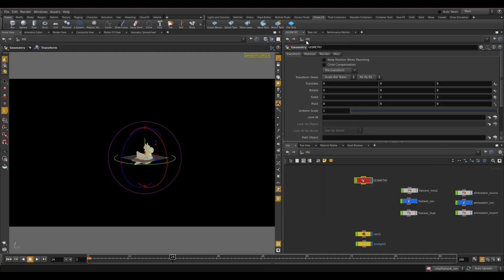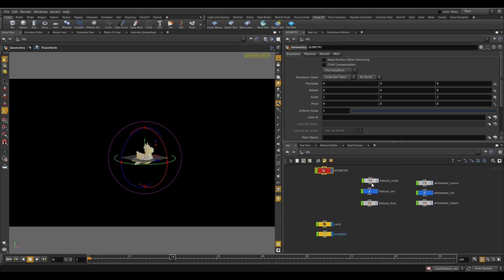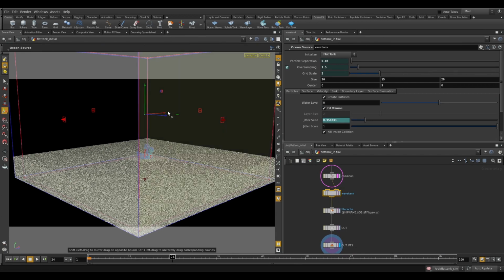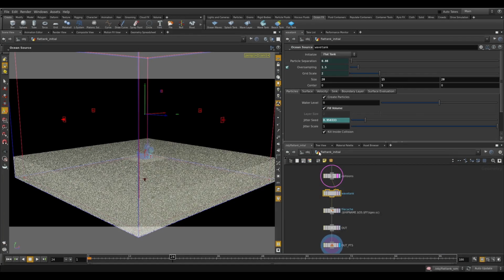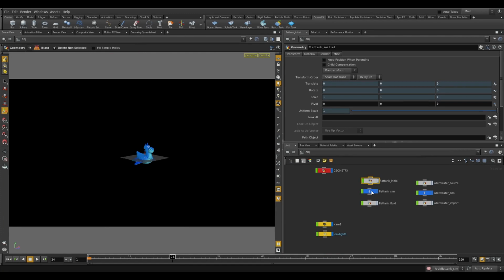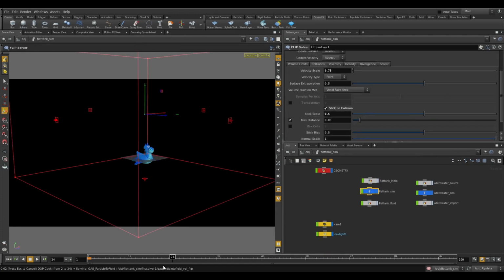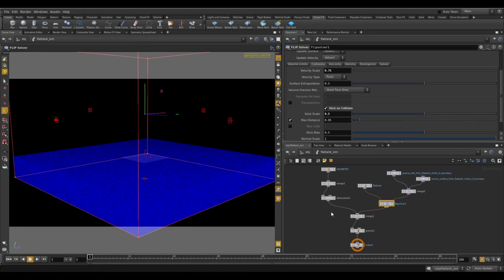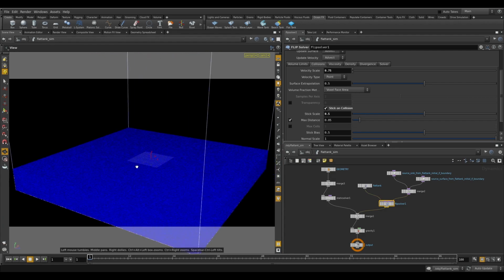I'm not going to get into much detail on the FLIP simulation because it's pretty easy. I just created a flat tank and the ocean effects. As you can see, the flat tank, I moved it a little bit up so the splashes could simulate above. The next thing I did, I'm just going to go to frame 1 on the simulation,